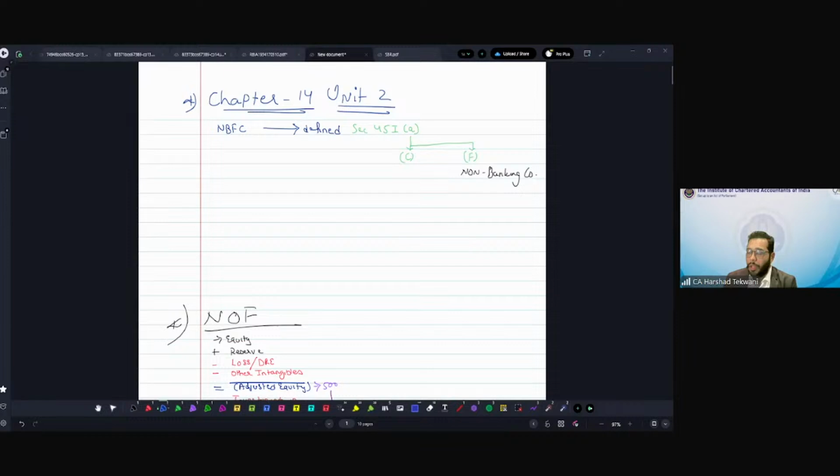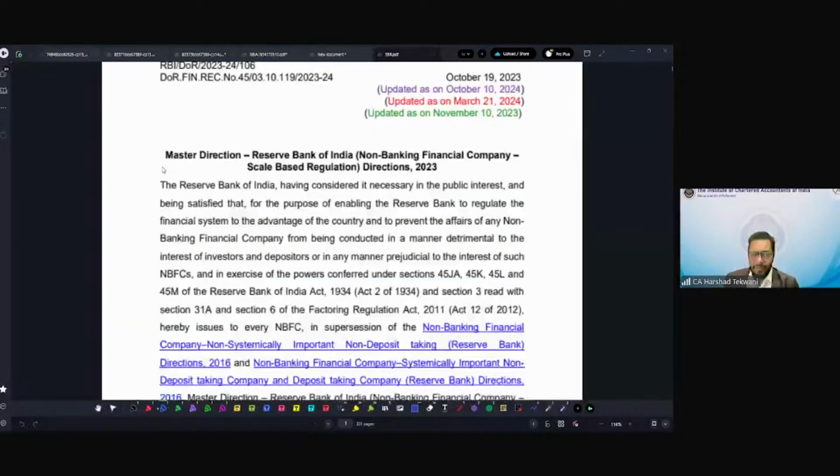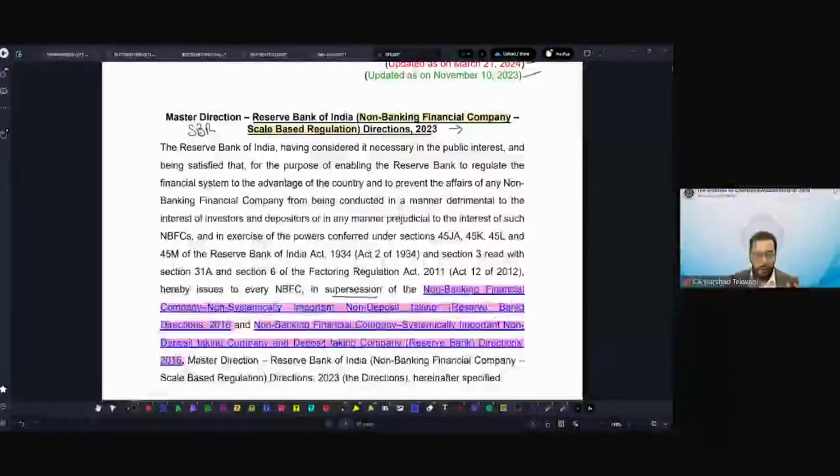Now, very important part. What are these scale-based regulations in the section? Like RBI will specify; what they have specified is the Master Direction as of now, but again, these are the Scale Based Regulation Directions 2023. Basic question: direction and master direction. Anyone? Now we have terminologies. Now, this particular point is very